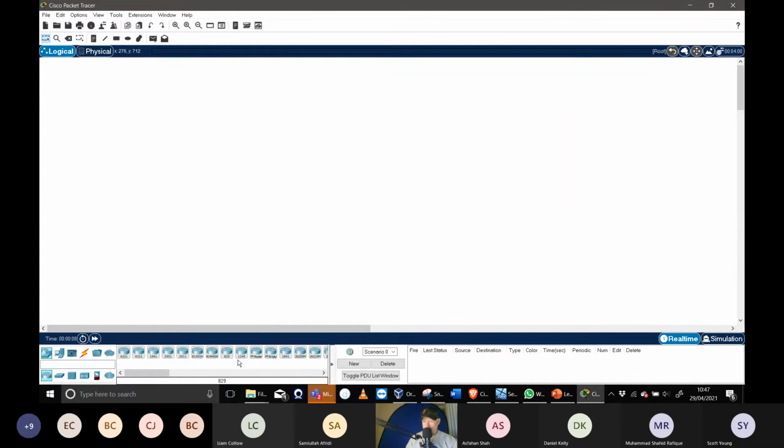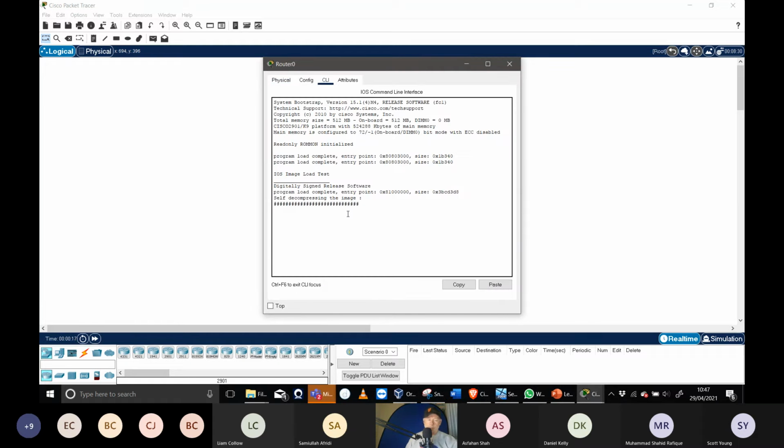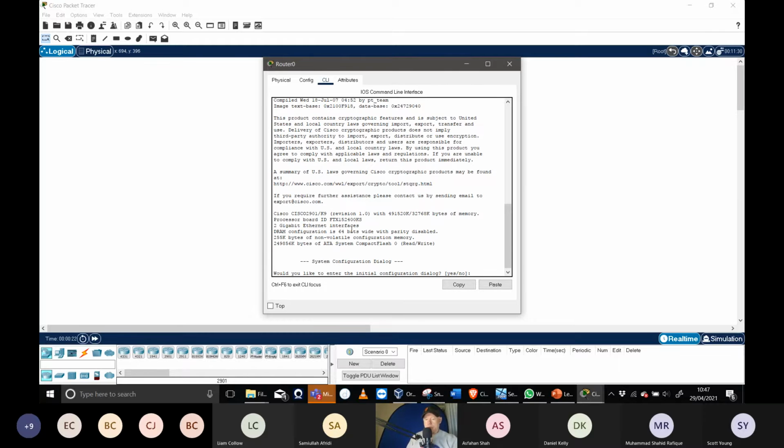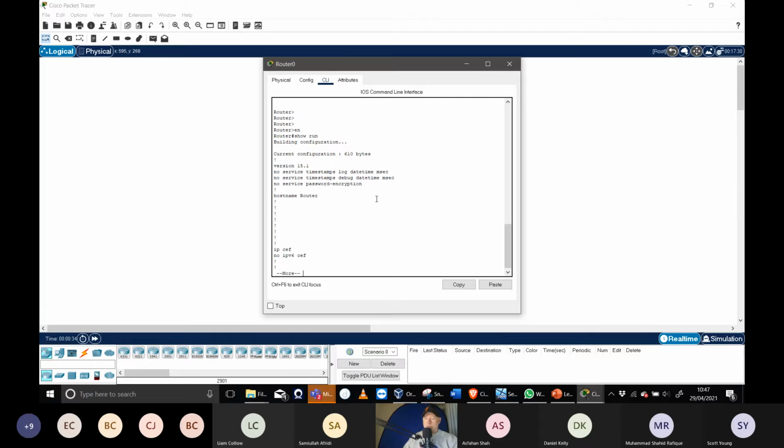So router. Right, so imagine this is R1, so just go CLI. I'll let it boot up, obviously. Okay. Show run. Right, then what I do is I scroll to the bits that I need. Obviously nothing set on this yet. Nothing set on that. So just imagine you set an IP address on this and this, right? So then what I would do is